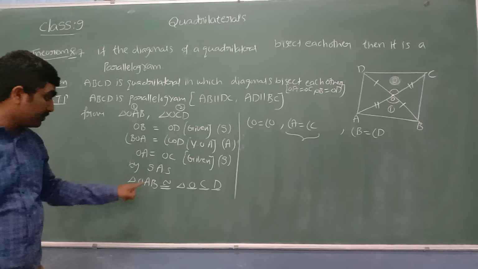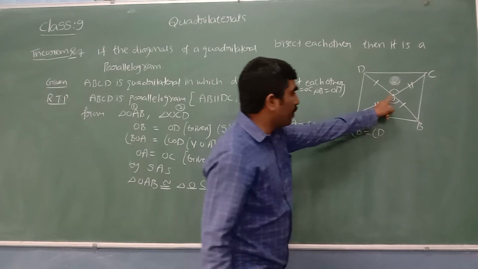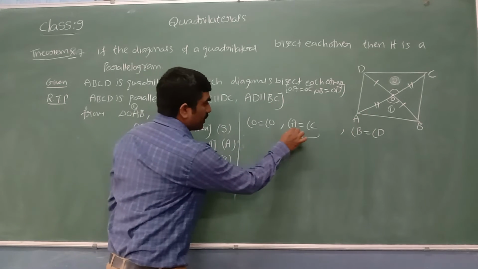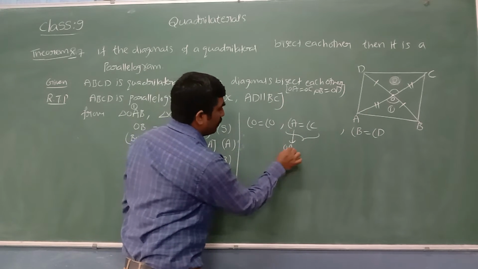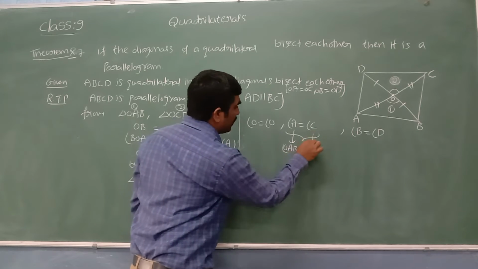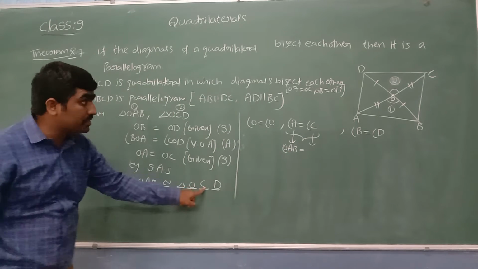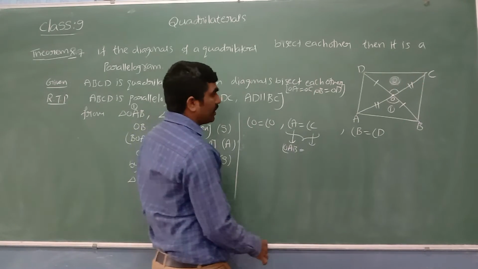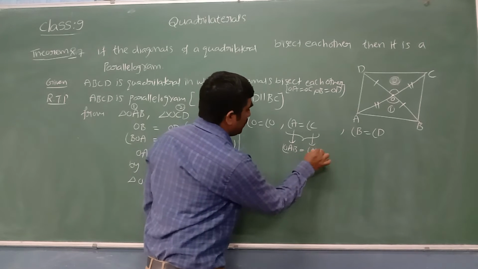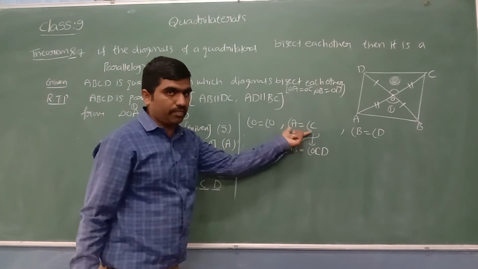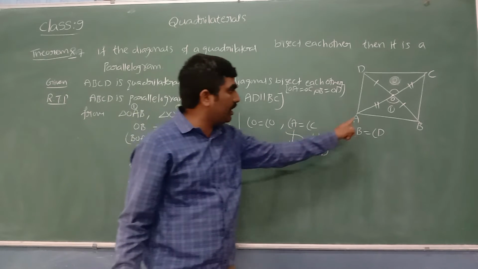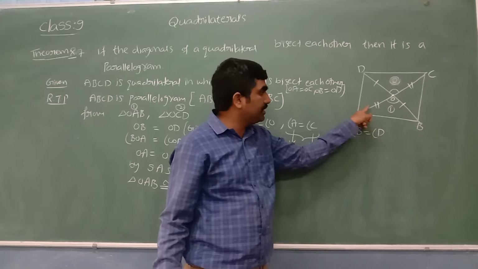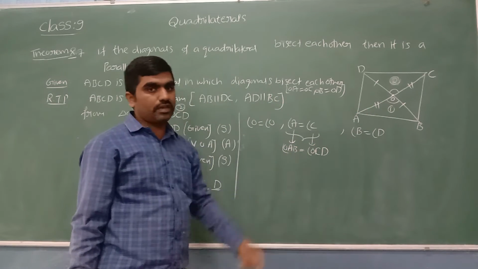What is meant by A here? OAB triangle A means this particular part. Better I can write like this. OAB also can write. Angle OAB is equal to angle C in the OCD triangle. Better I can write with the help of three alphabets: angle OCD. Instead of writing a single alphabet, we can write three alphabets because angle A means only this part, the first triangle angle A. This part I am trying to express with three alphabets.